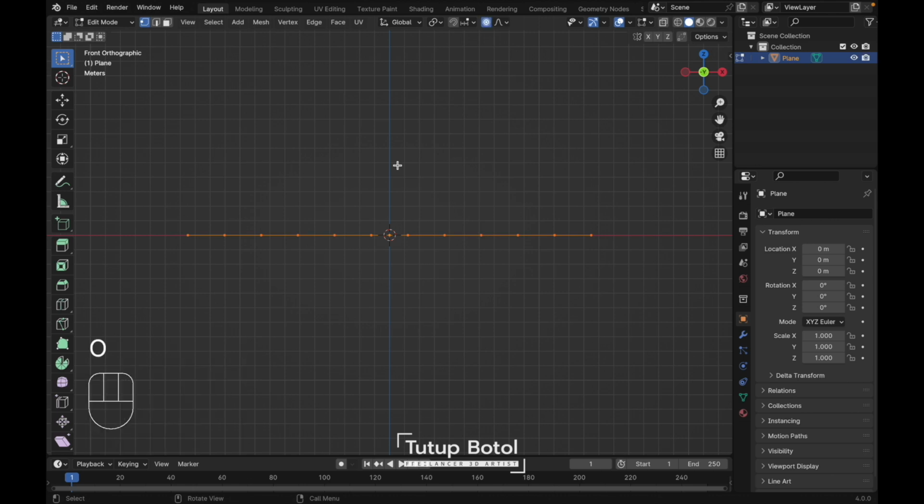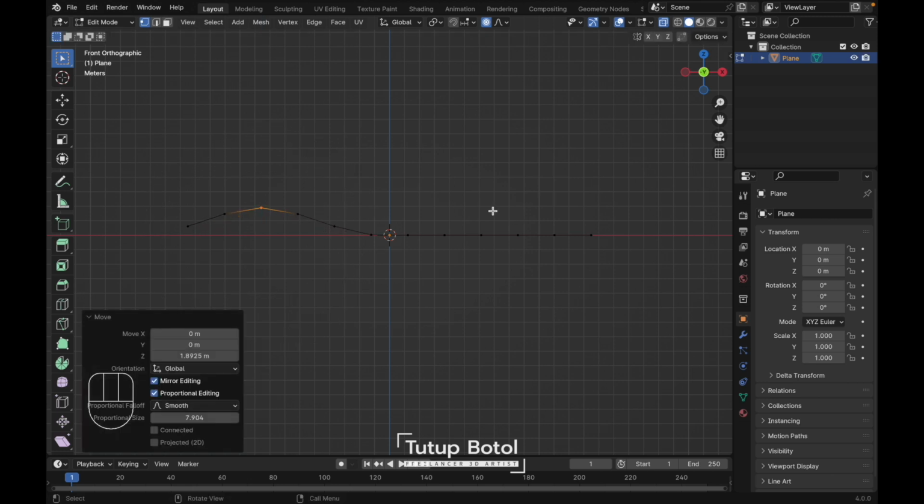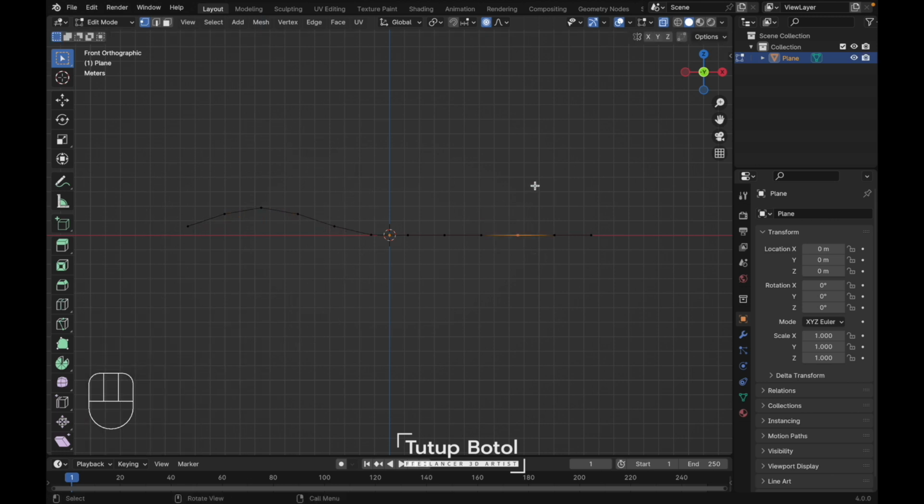Press O on your keyboard, or you can click here to turn on proportional editing. Alt Z to see the X-ray view, and select these vertices, press G Z, move it up, and you can increase or reduce by scrolling on your mouse like this. Just put it something like this. Yep, just like this, and over here G Z